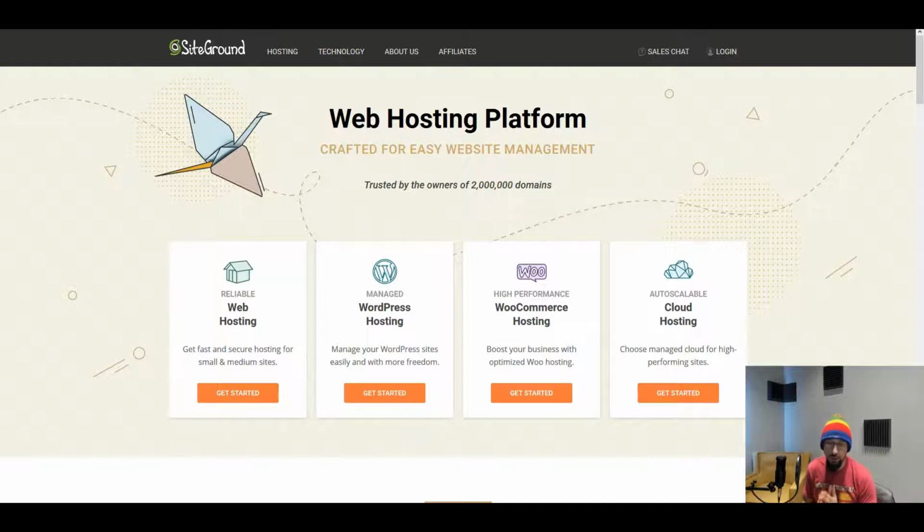So the first thing you want to do when building any website is find a good web hosting company. Now I use InMotion Hosting for all my stuff, and I recommend them. They're a good company. Quality hosting. They're rated very highly. Their managed WordPress is not quite as simple as I would like, so if you're not a techie person at all, I maybe wouldn't recommend InMotion Hosting, sadly,